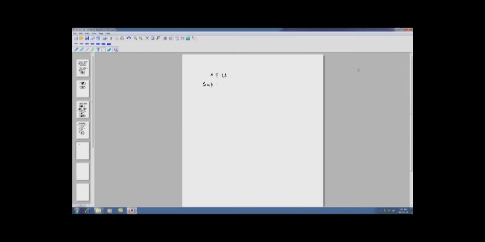Complement of A is denoted by A bar or A overline